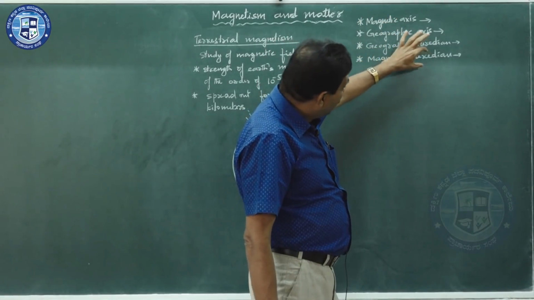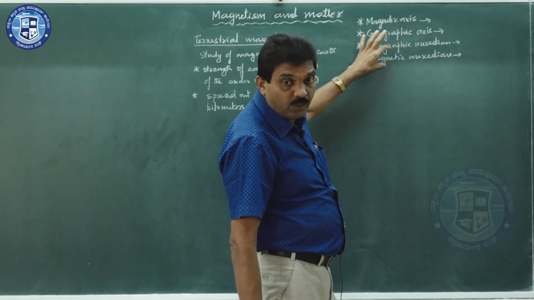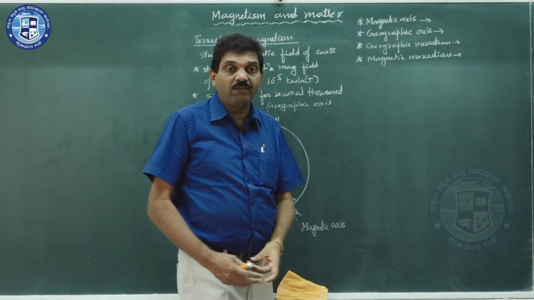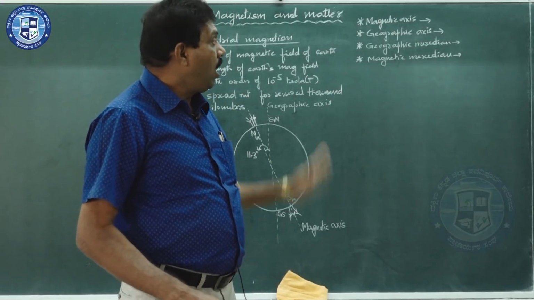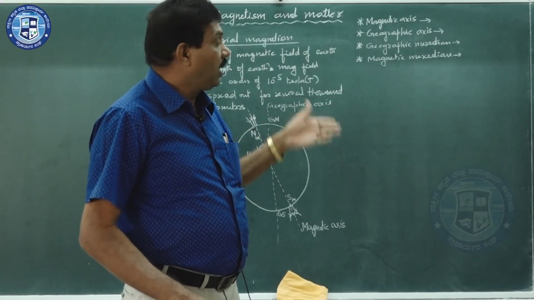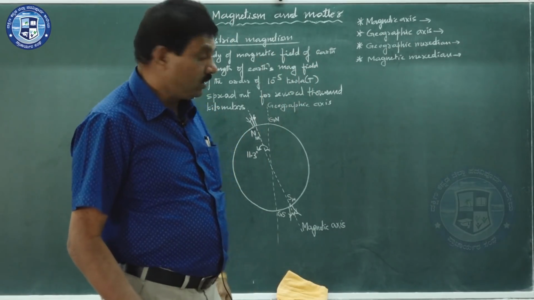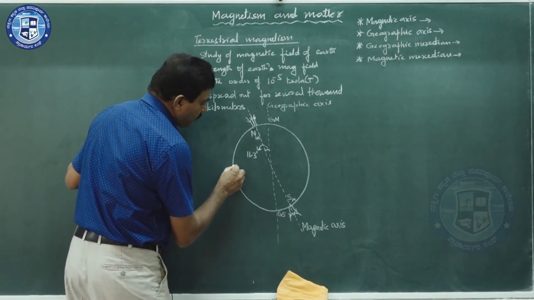Once again, magnetic meridian is the imaginary vertical plane containing the magnetic axis. So, geographic axis and magnetic axis, those two are the imaginary lines lying on the geographic meridian and magnetic meridian. So, here what you can observe, usually you get